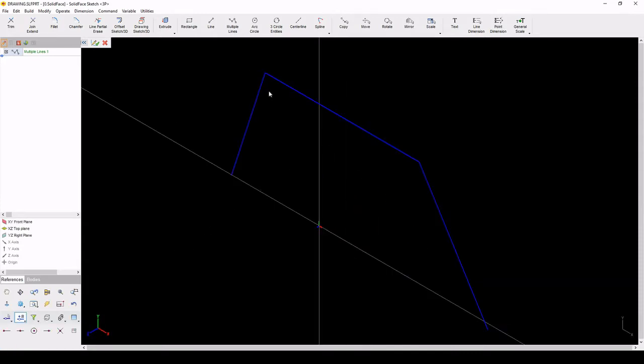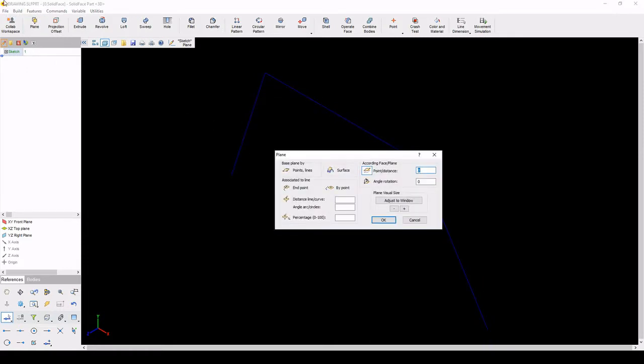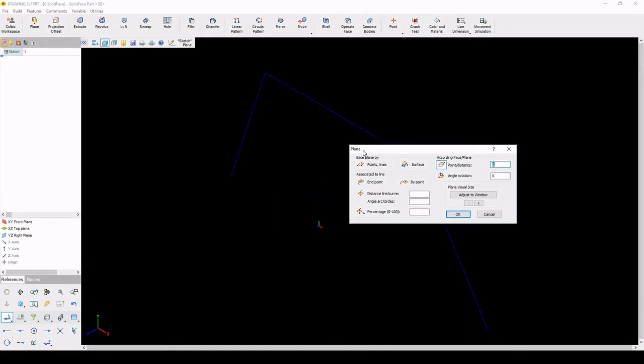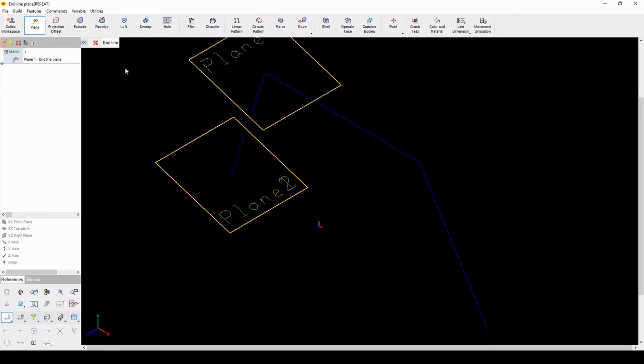Alright. So, now I want to create a plane, normal to one of these endpoints. I'm going to click the plane button, and the plane window pops up. Now in order to create a plane associated to this line, we're going to say associate the line endpoint. Now click the icon, don't click the endpoint itself or else it won't work. So I'm going to click on the icon, and it's telling me okay, and I'm just going to hit enter,